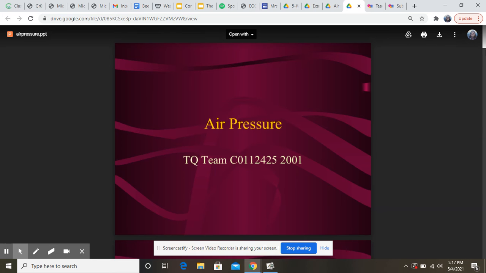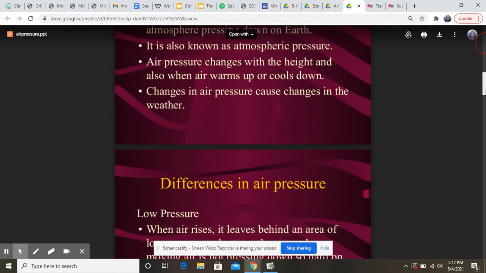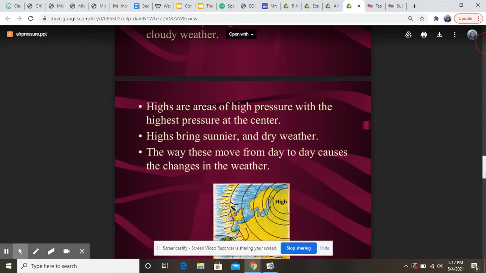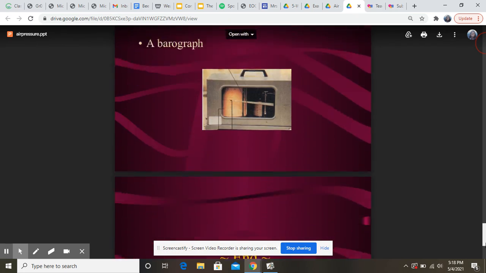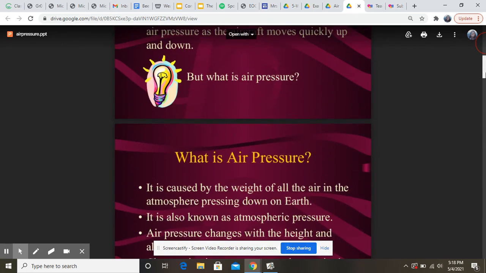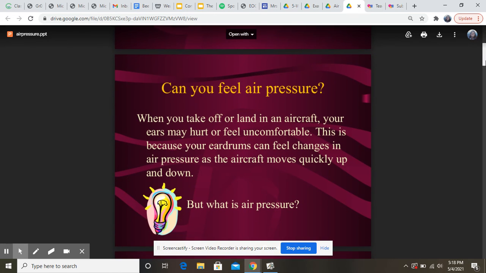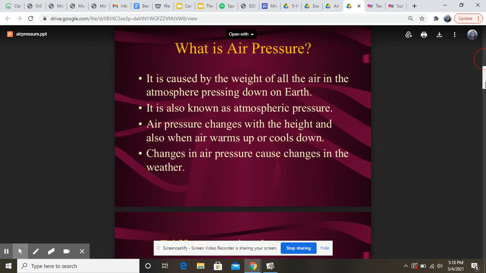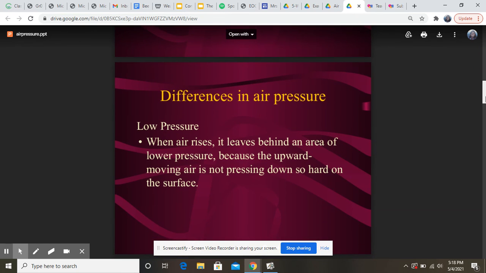Last thing I want to talk about in this video is air pressure. So we measure air pressure with a barometer. Here's a picture of a barometer. I want to go over what kind of weather happens with a high pressure or low pressure system. So basically, I don't want to get too much into it. I just want to let you guys know that when it is low pressure,